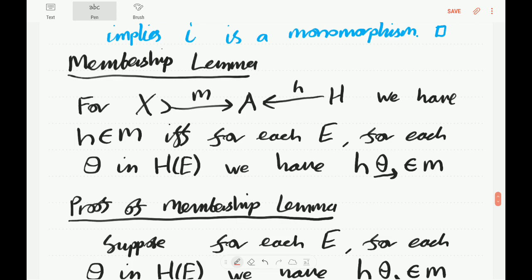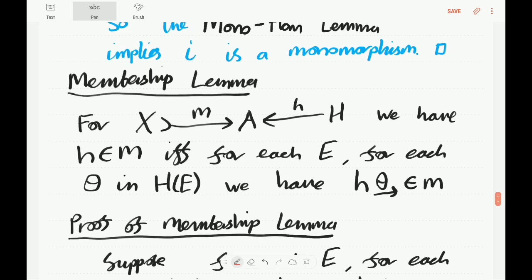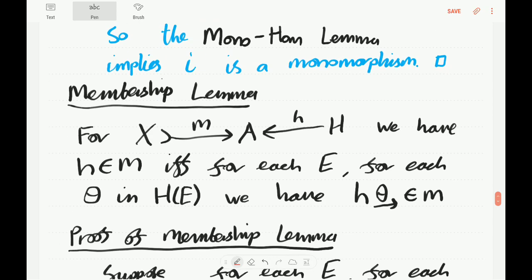So, okay, that's basically it. There's just one more important theoretical result which I want to state, which I call the membership lemma. Now, the membership lemma basically says that an arrow H is going to be in a subobject M in Set to the power of C